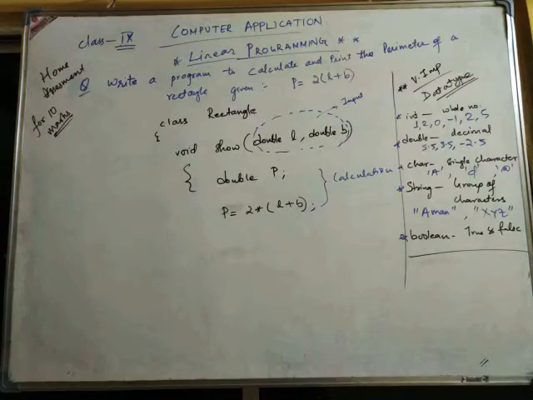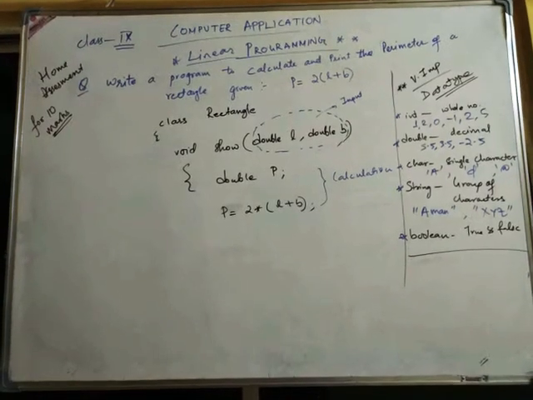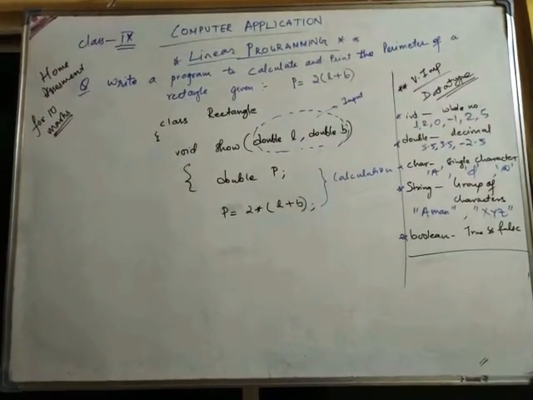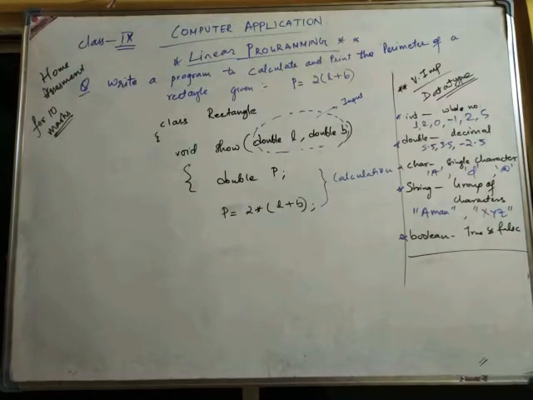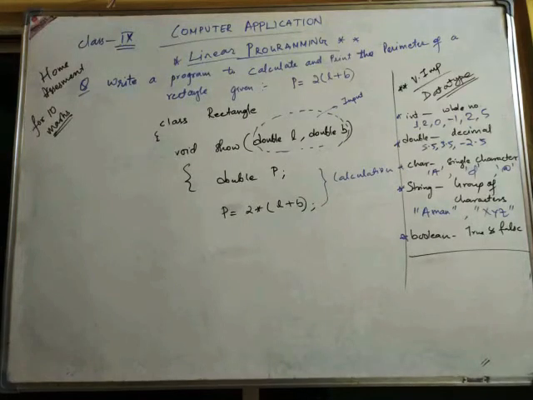Every variable, L, B, P, these all are variables whose values can change. So we have to declare the data type of variables beforehand. So length and breadth double, perimeter also double. After declaring the data type, in that P I calculate the perimeter. How do we calculate? With the formula P equals 2 into L plus B. When I write this instruction, the computer will calculate the perimeter.